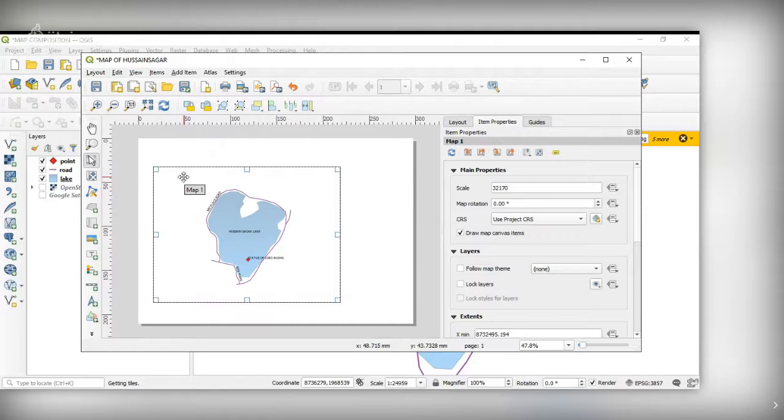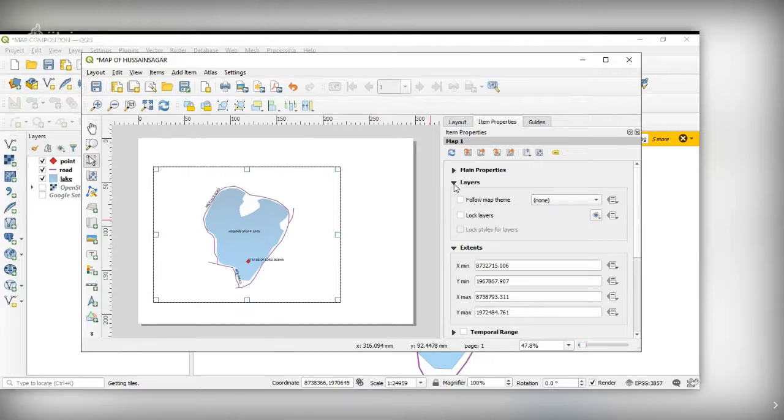The moment I incorporate a map here, the main map property is the scale. So presently, drawing on this A3 size paper, the scale is 1 is to 32,171, that is a reference scale. So I'll make it 1 is to 30,000. I'll refresh it automatically. Now next, I should have a frame.